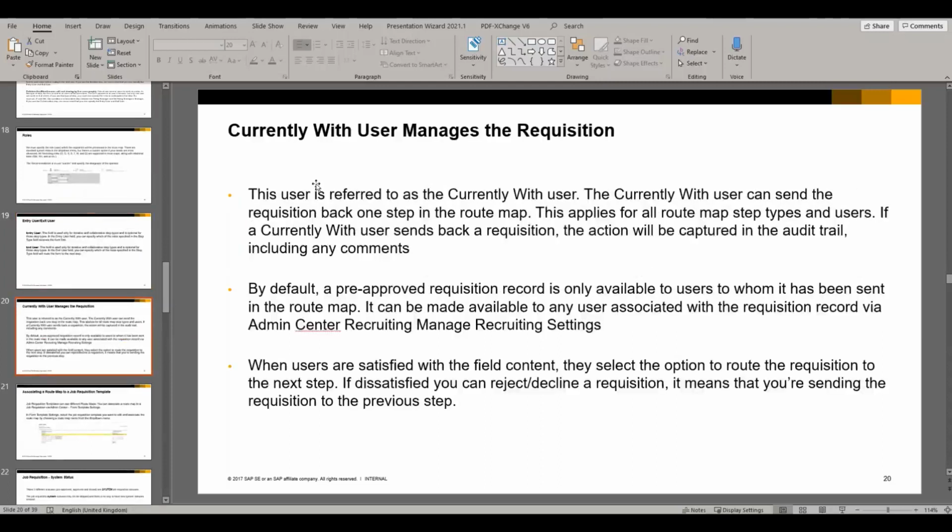Next, we're going to discuss the user who currently manages the requisition. This is referred to as the currently with user. The currently with user can send the requisition back one step in the route map. This applies for all route map step types and users. If a currently with user sends back a requisition, the action will be captured in the audit trail, including any comments. By default, a pre-approved requisition record is only available to users to whom it has been sent in the